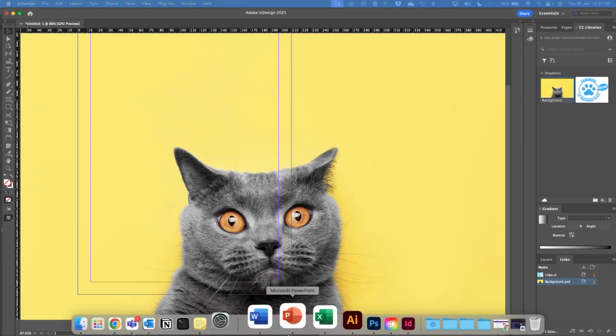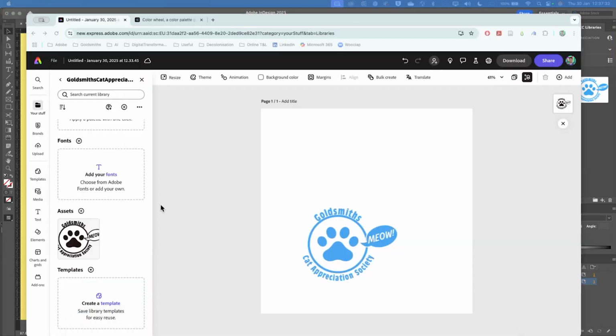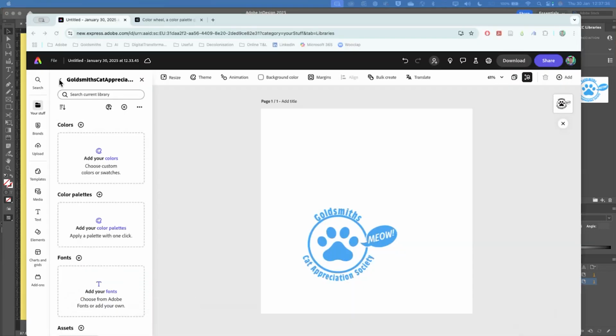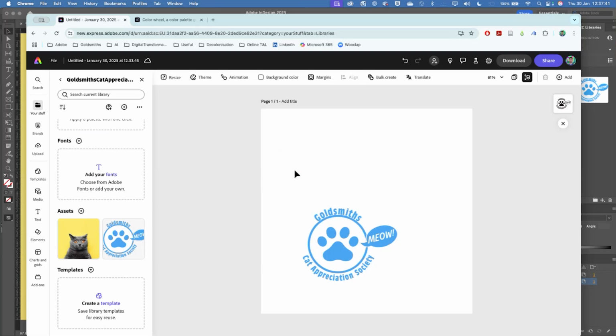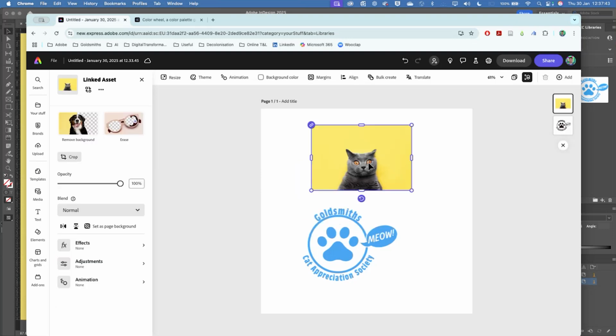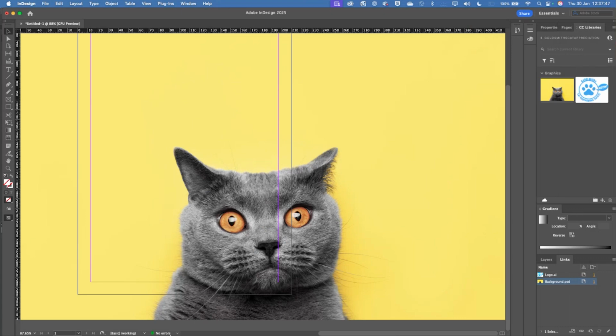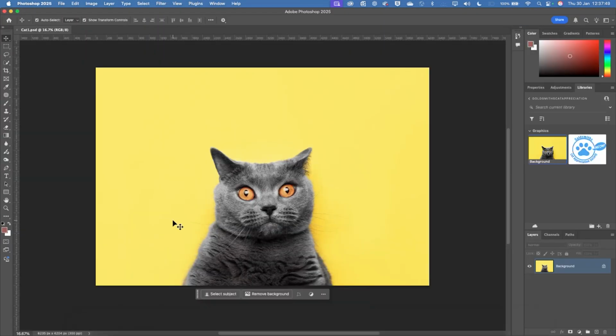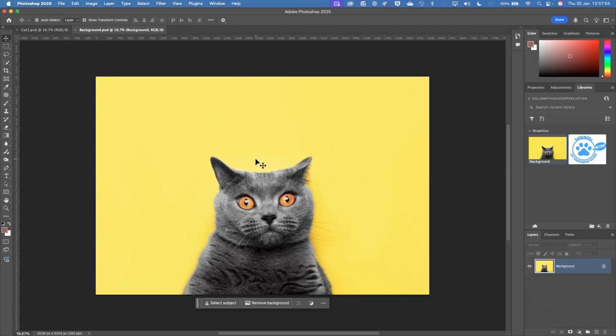I'm going to pop it into my Express project as well. And if I come back to my Photoshop, right click and edit, just like before.